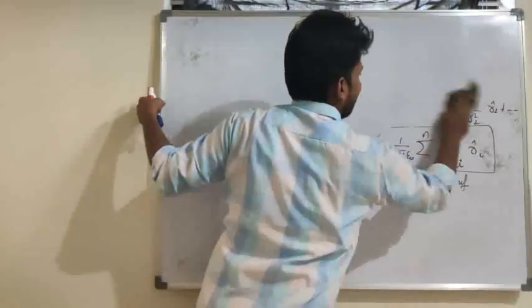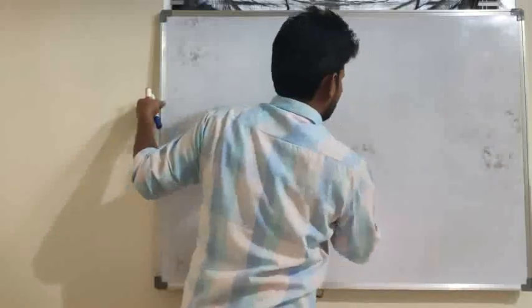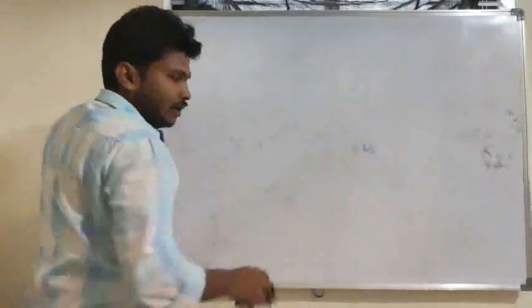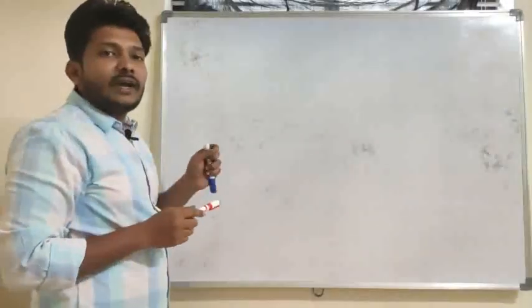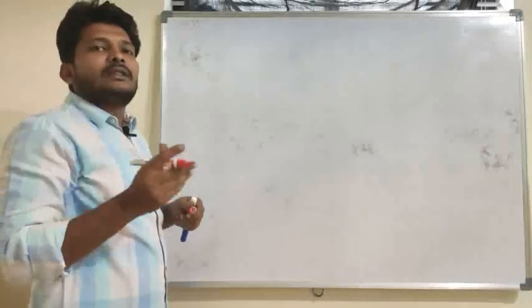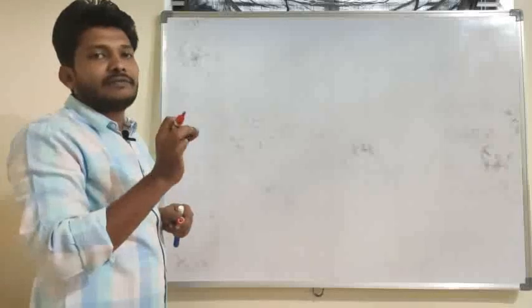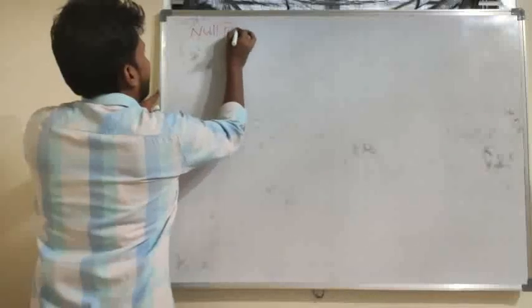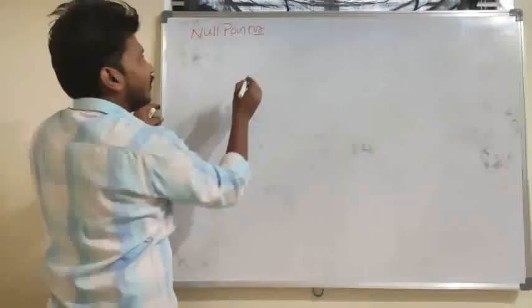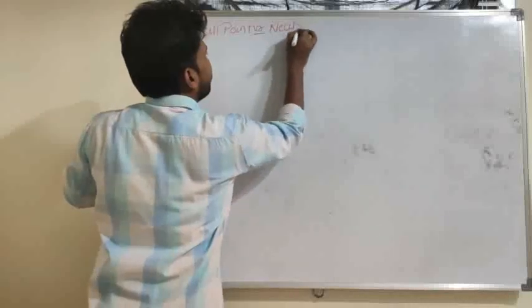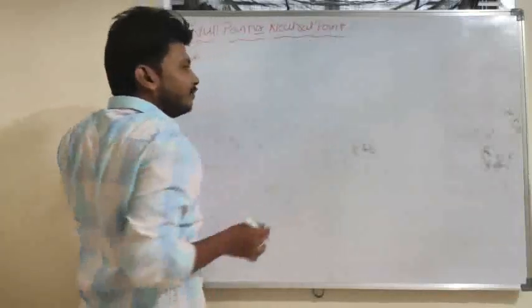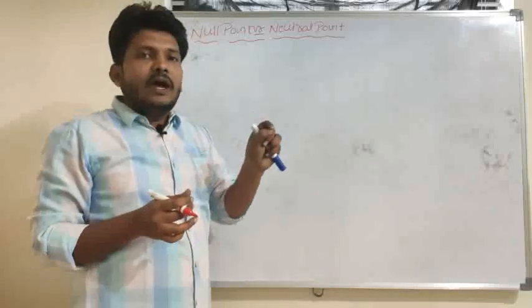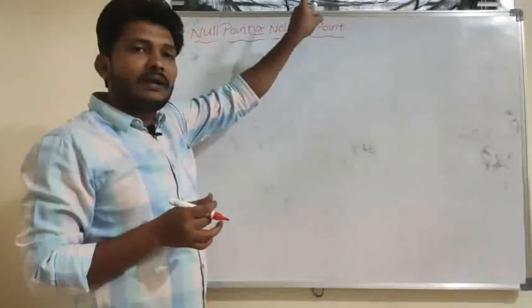So listen here, in the case of two charges, either both positive or one positive and another negative, somewhere I will get that the electric field is 0. The point where you get 0 electric field, I will name it a null point, or also we can call it a neutral point. What is a null point or neutral point here? The resultant electric field is 0 at that point, so we call it a null point or neutral point.